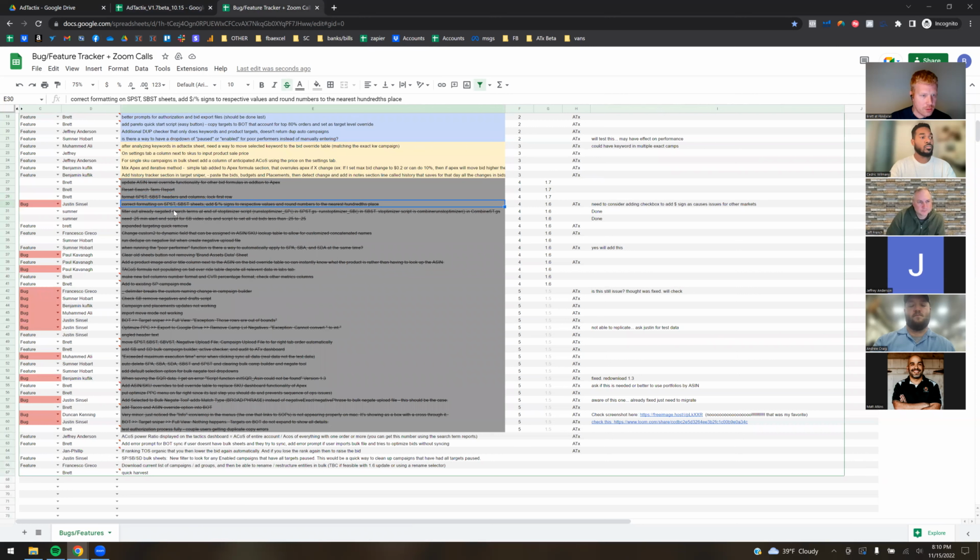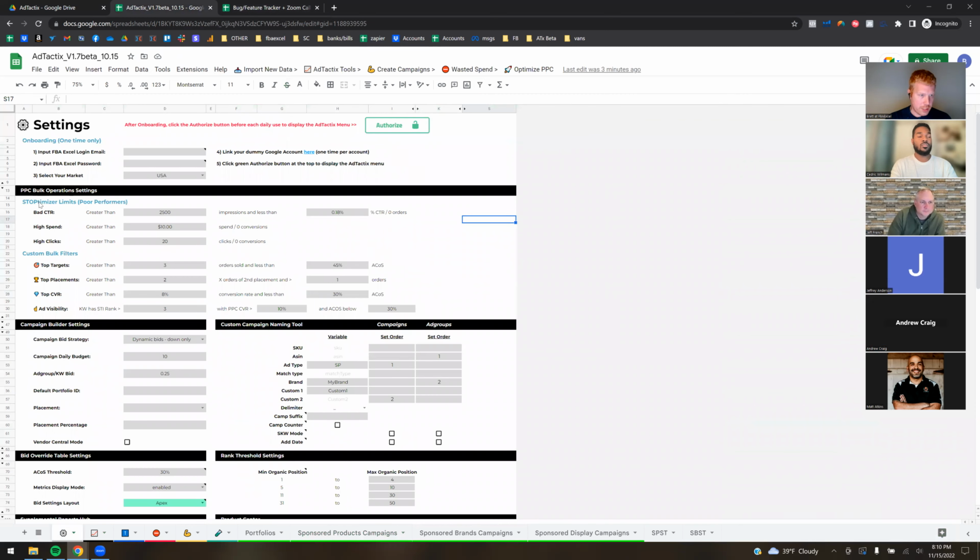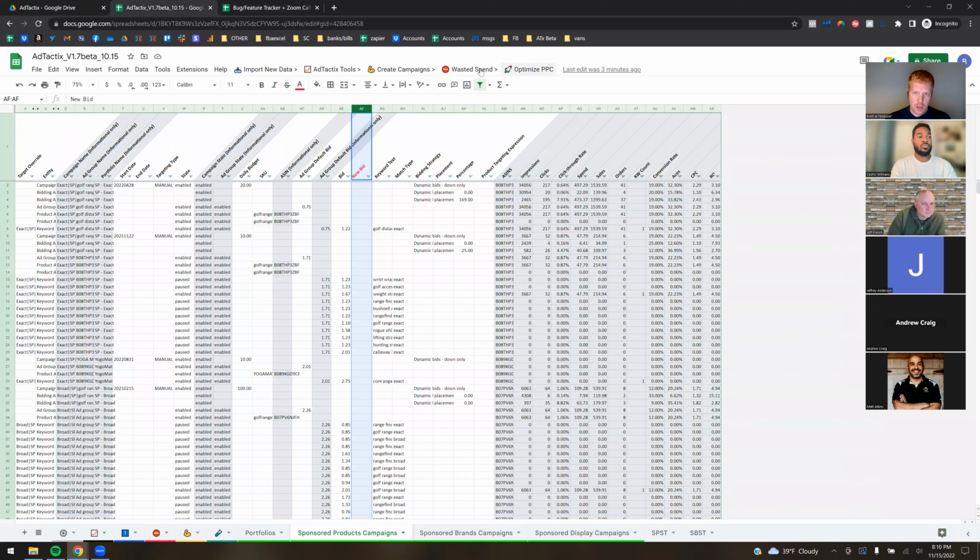So yeah, this one kind of goes with that: filter out already negated search terms. All right, so the Stoptimizer script, if you recall, the Stoptimizer can be used in two different places. So here's your criteria. You see it's called Stoptimizer, and then in parentheses, poor performers. So at the target level, you have your